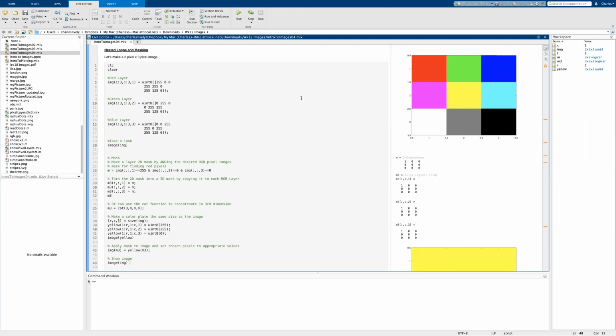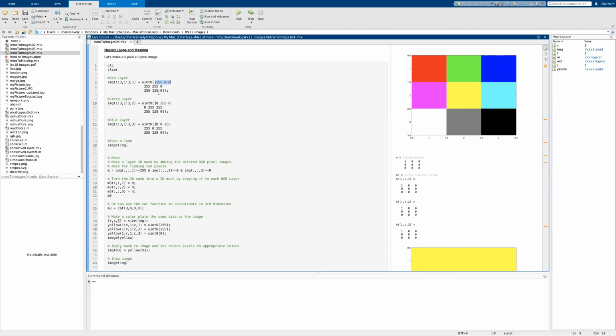In this lesson, we'll focus our attention on further working with images and pixels, and now we'll get into the topic of applying masks. To start, we'll first make a 3 by 3 pixel image, and we'll denote our red layer for our image here. For this, we've declared the appropriate components for our layer, values of 255, 0, 0, 255, 255, 0,